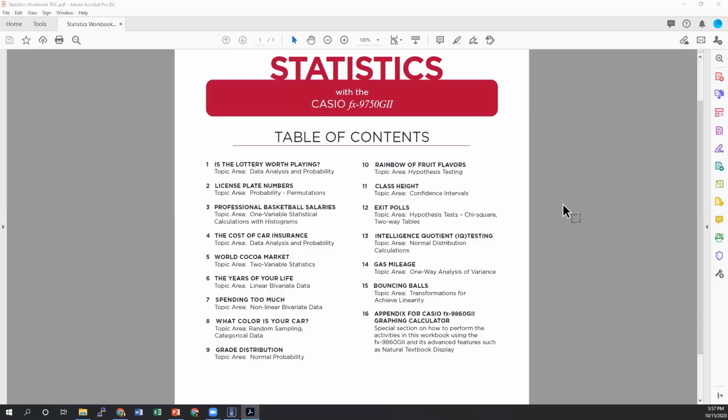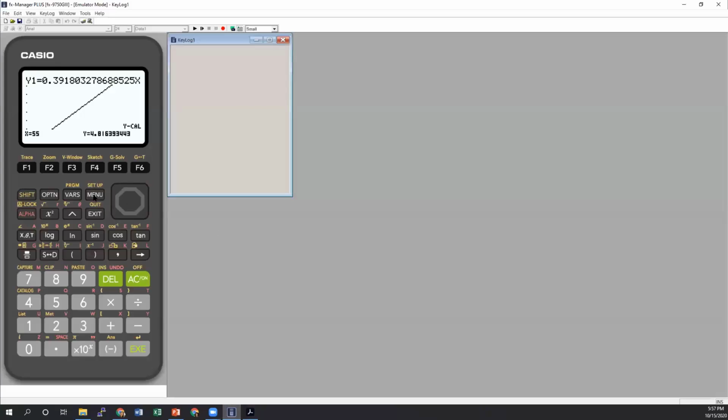The displays might look a little bit different just because one's black and white, one's color. The 9750 G2 calculator listed here has a linear display, versus our graphing calculator here, which has what we call a natural textbook display. I can show you that real quick. If I go back to Run Matrix, typing out my fractions displays a numerator and denominator with that horizontal bar in between.